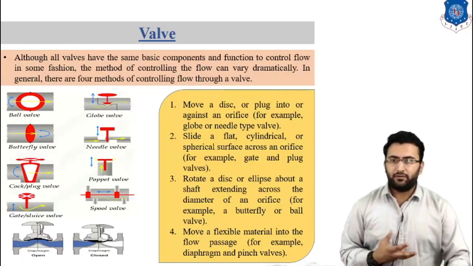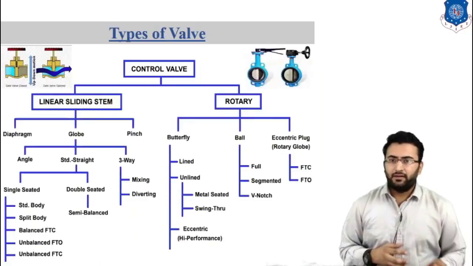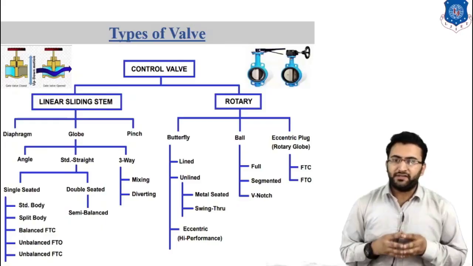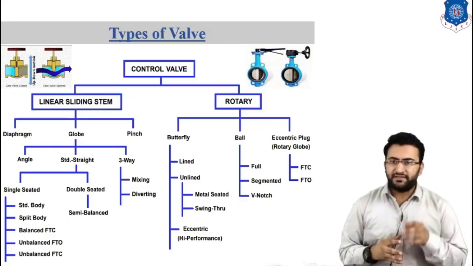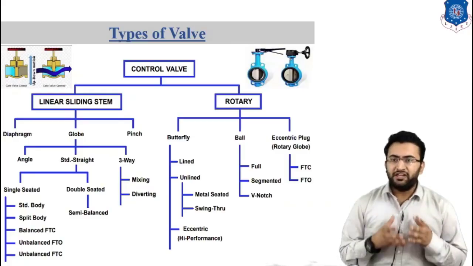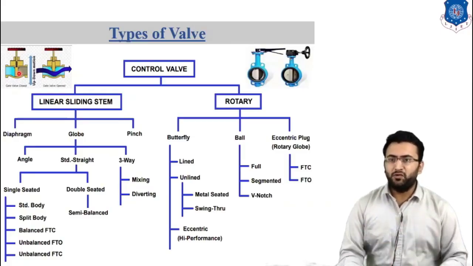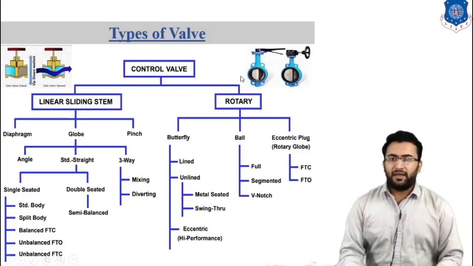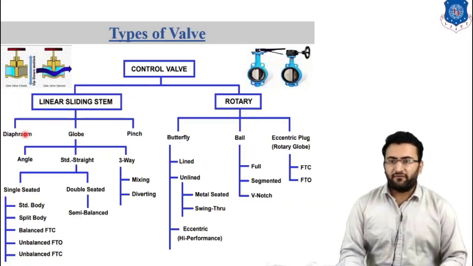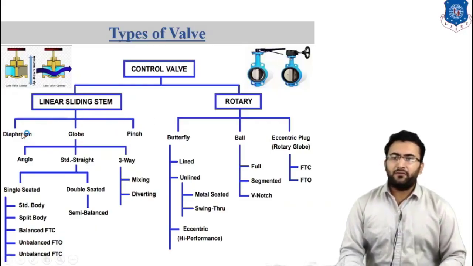So let's talk about types of valves. Valves may be categorized on the basis of linear sliding stem or rotary sliding stem. In a linear sliding stem, the stem moves in upward and downward direction, whereas in a rotary stem, the stem moves in a circular manner. Linear sliding stem valves are categorized as diaphragm valve, globe valve or pinch valve, where the diaphragm valve is further classified